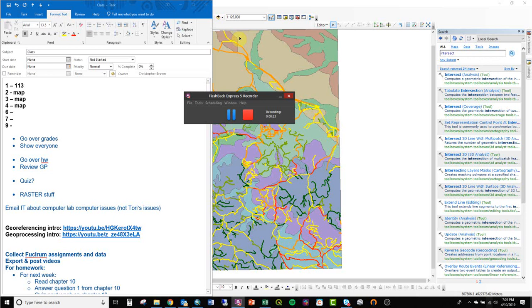I'm thinking that we can do a definition query on both those layers to isolate the streams and the primitive roads, and then we can merge them together. Merge is another tool that will just take two data sets and put them into one. And then we can buffer that by however many feet. So a couple of tools, right? Merge and a buffer. And these are both